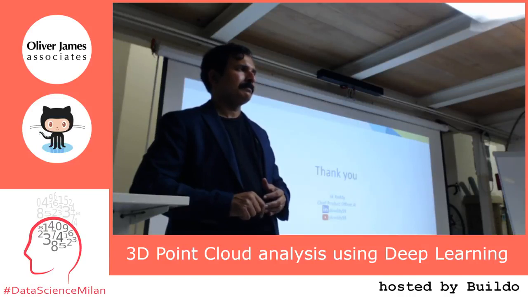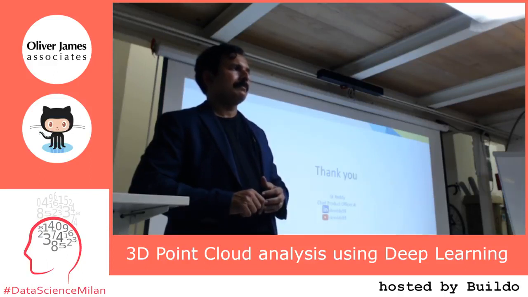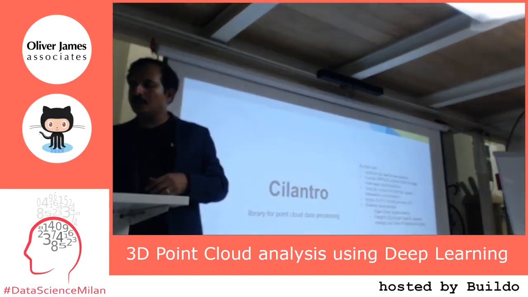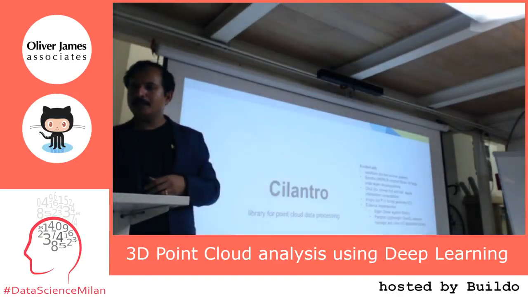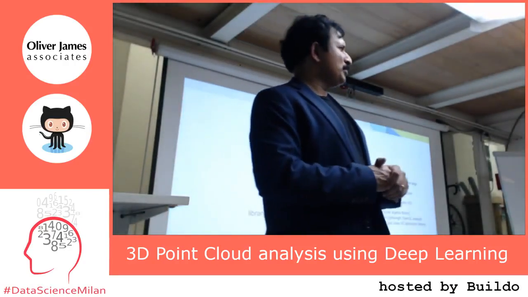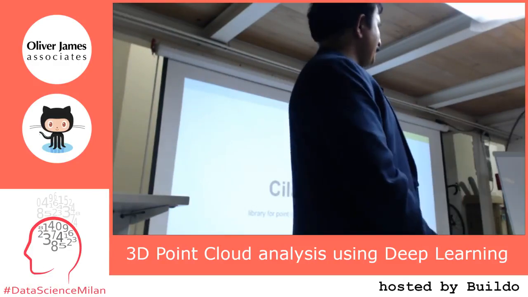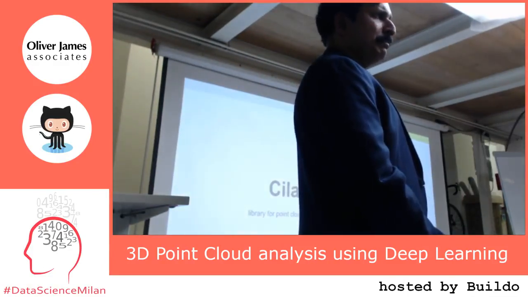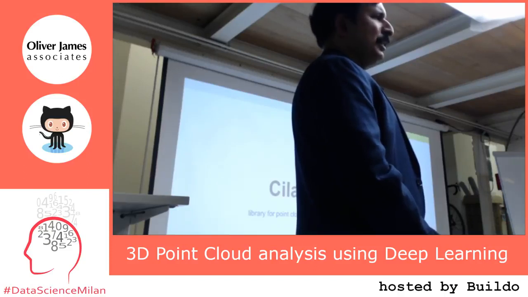And when it comes down to libraries, because for CNNs there are so many libraries, from TensorFlow to MXNet to CNTK, and for point clouds? Those are the two libraries I showed that are available right now, Point Cloud Library and Cilantro. These are open source, independently being developed by a community of people. I have not checked whether TensorFlow is adding anything for 3D, but knowing Google, I'm sure they will add something to that soon.